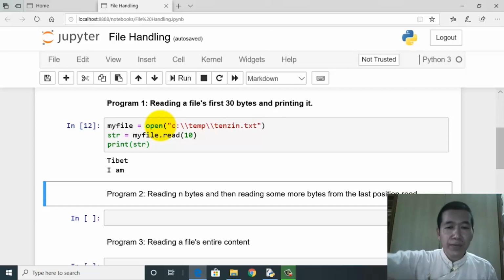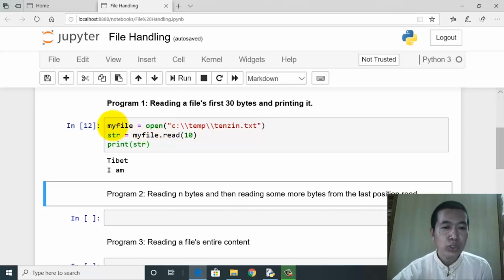Open will activate the file by the name of Tencent, and then what will be returned is an object or a value, and this object or a value is nothing but a reference, okay, or a link to that specific file by the name of Tencent. So that reference is being assigned to my file. So this function will return a reference, and this reference will be assigned to my file.